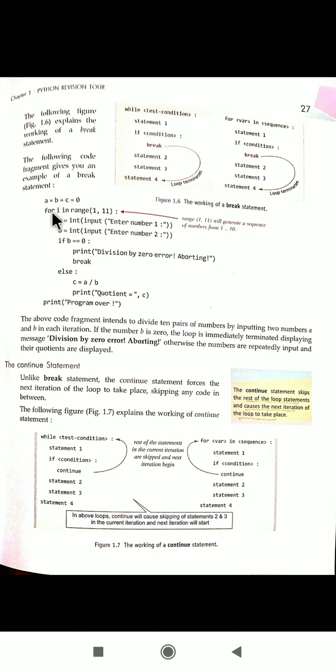This is an example. Firstly we'll see this general syntax. In the while loop you have applied this. If a condition is there, you are applying the break statement. The break statement will allow you to take out from this particular if condition. It is applied in if, so it will take you out from if. The if ends here after statement 2 and 3, and then it will enter again back in the while loop.